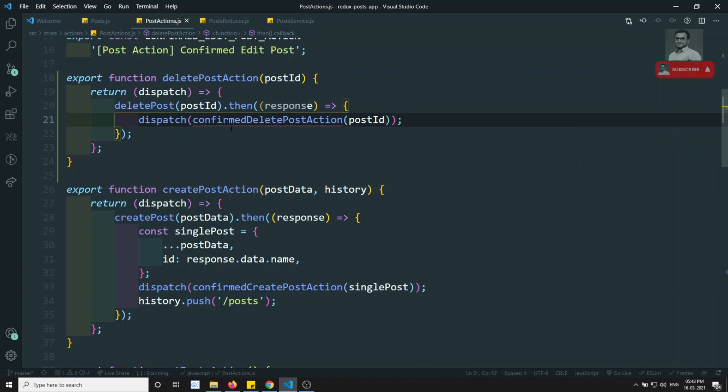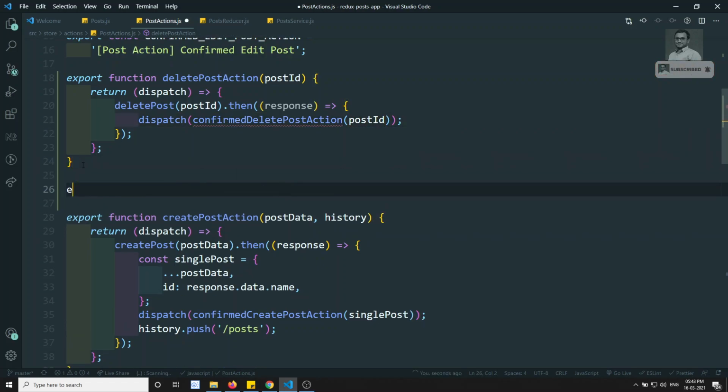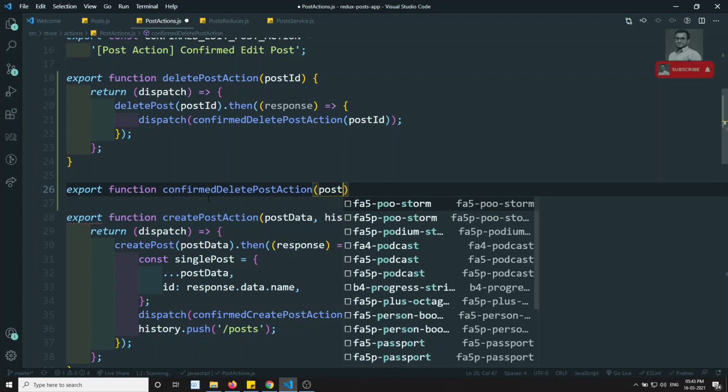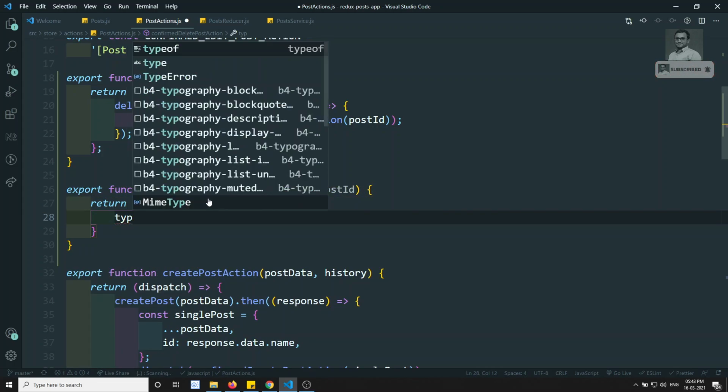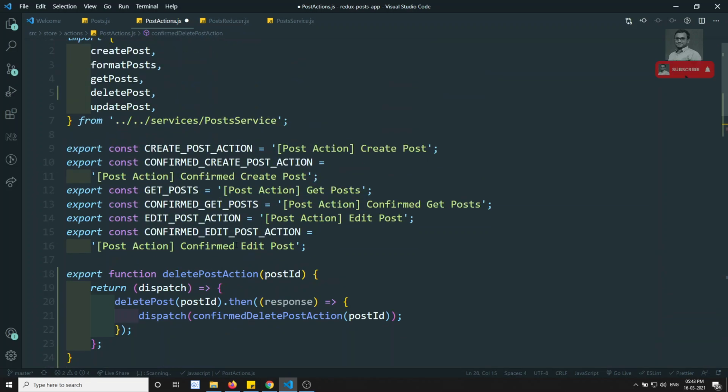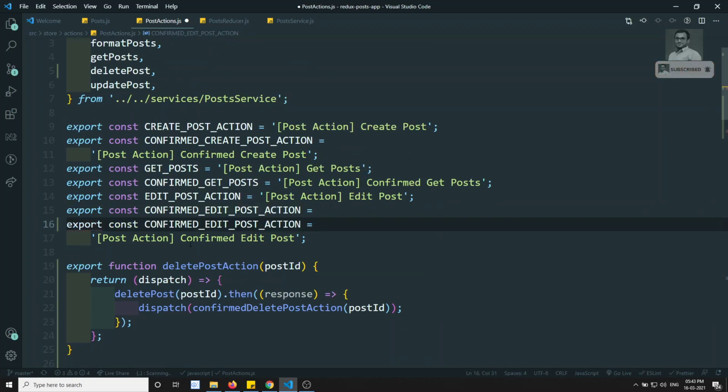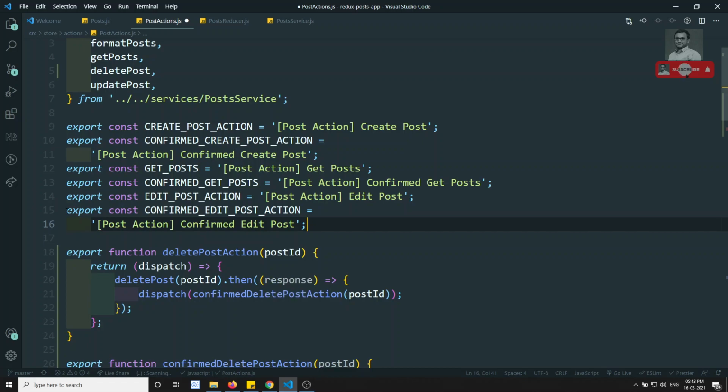So we need to create the action for this one. Now the action creator confirmedDeletePostAction, I can add this one. Here also you'll be getting the post id, and here we need to return the action, as this one is an action creator, with the type. So I can copy this one and paste it here.